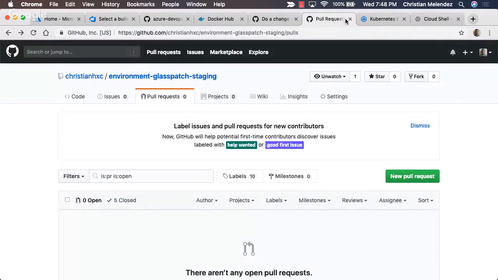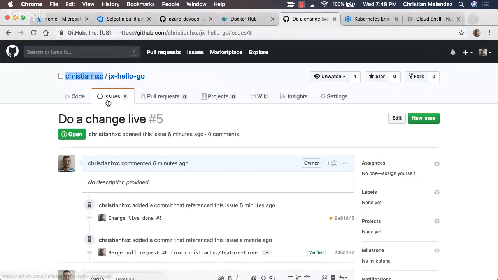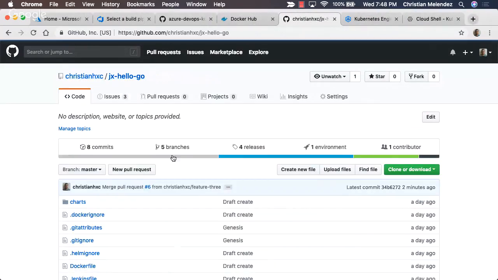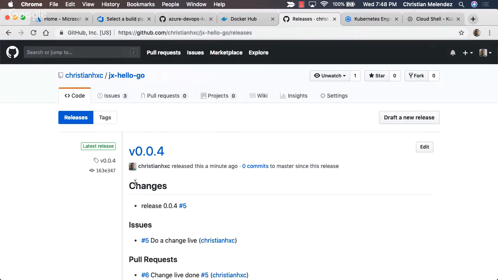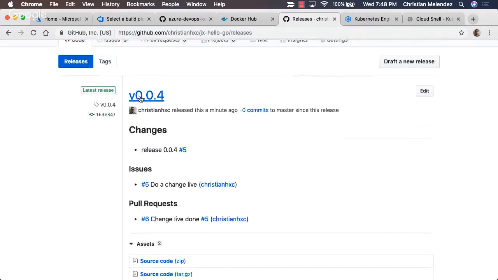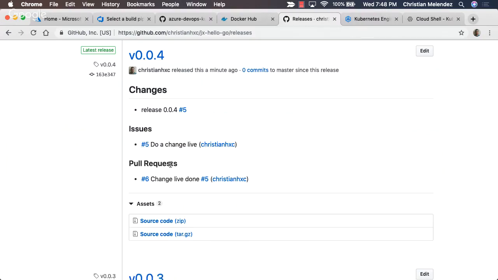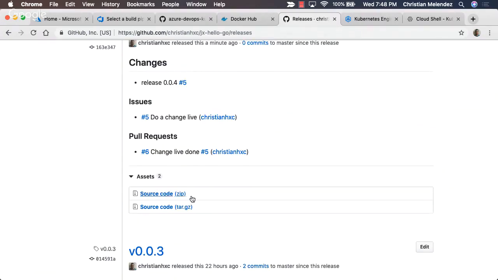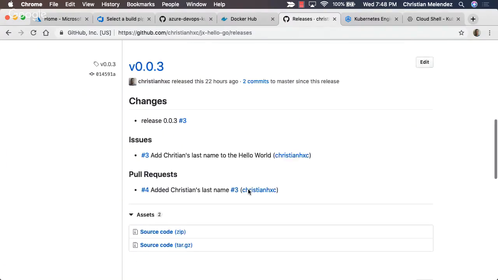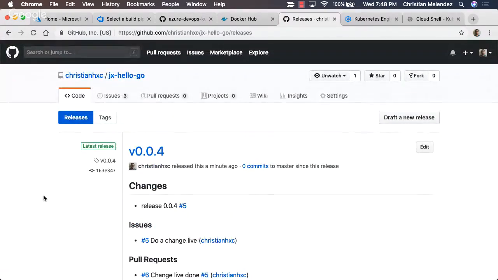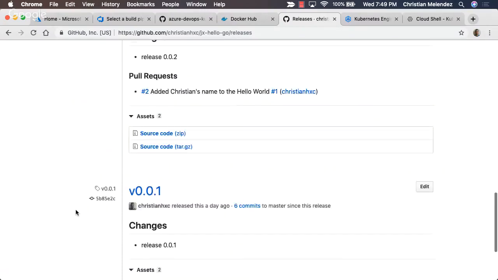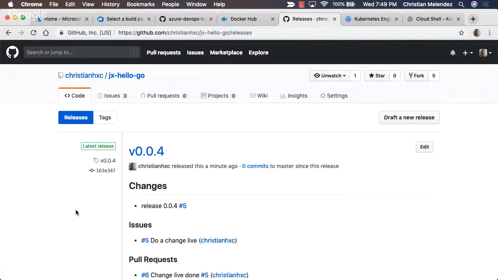And I didn't show you something really cool. Jenkins X will also not just do that, but it will create release versions so that you can see here the version 004 has these following changes. It has these issues and it has this pull request. You can see the source code here. So as you can see, it's not something new. It's just integrating all the good practices that are being placed in other projects, in other companies, by using these tools and techniques.